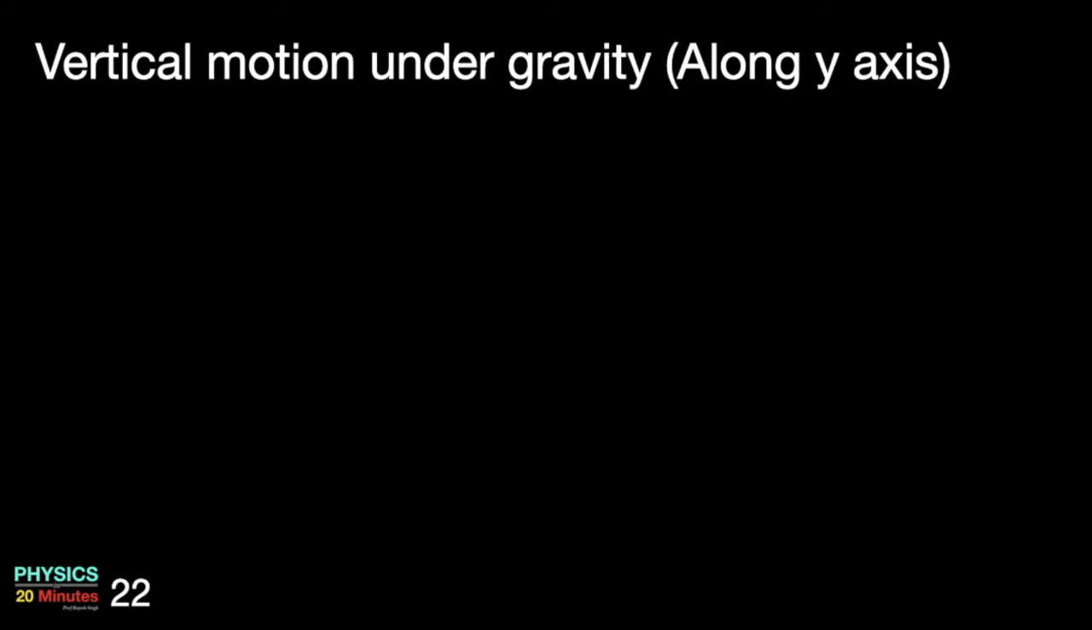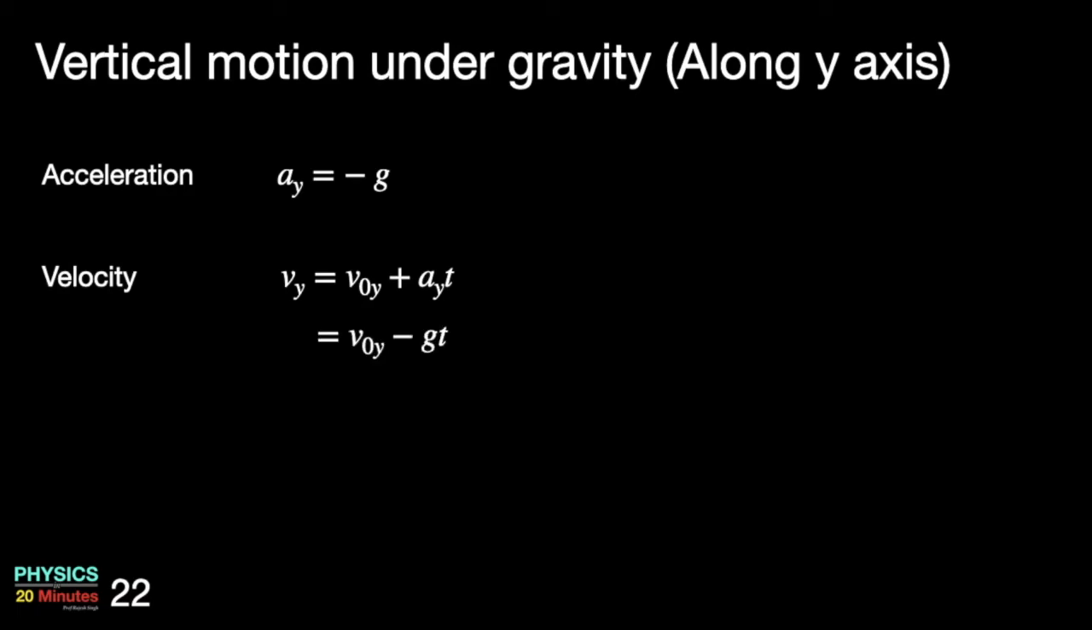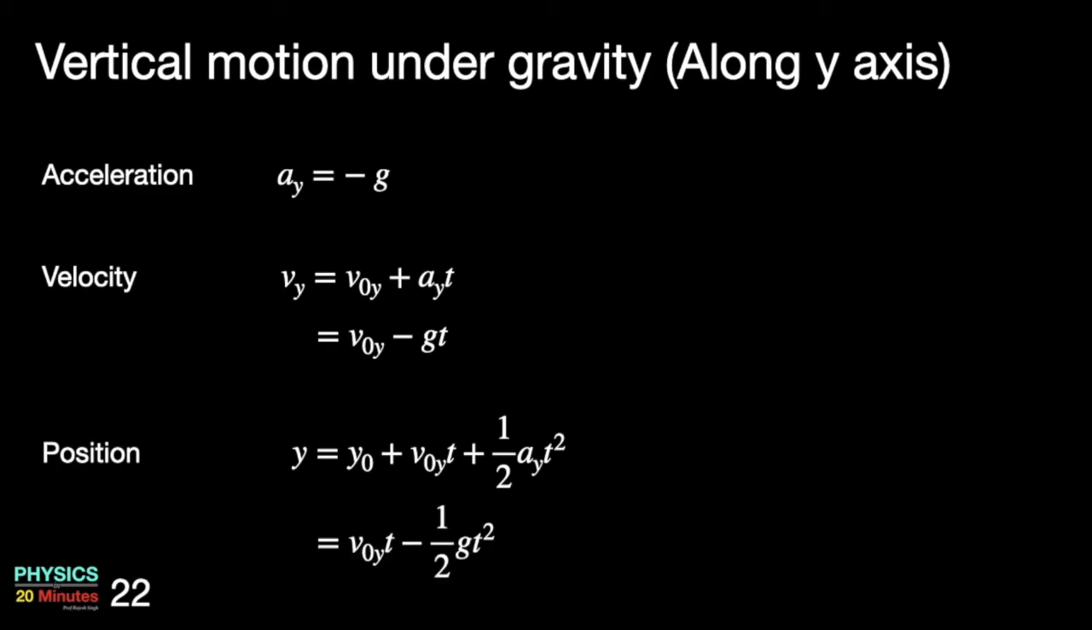What about the vertical component of motion along the y-axis? We can do it in a very similar way. Acceleration along the y-axis is minus g. Velocity along the y-axis will become v0y minus gt. Position along the y-axis can be written as y is equal to y0 plus v0y t plus half ay t square. Now y0 is 0 and ay is minus g, so we can put the values,